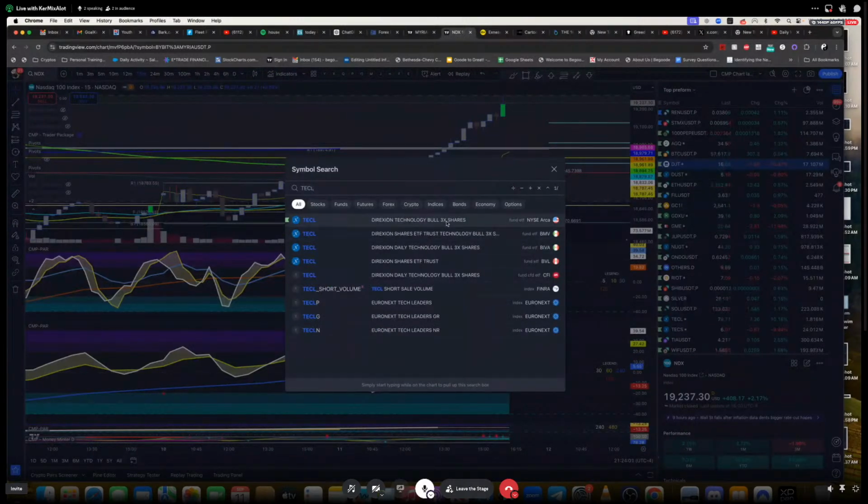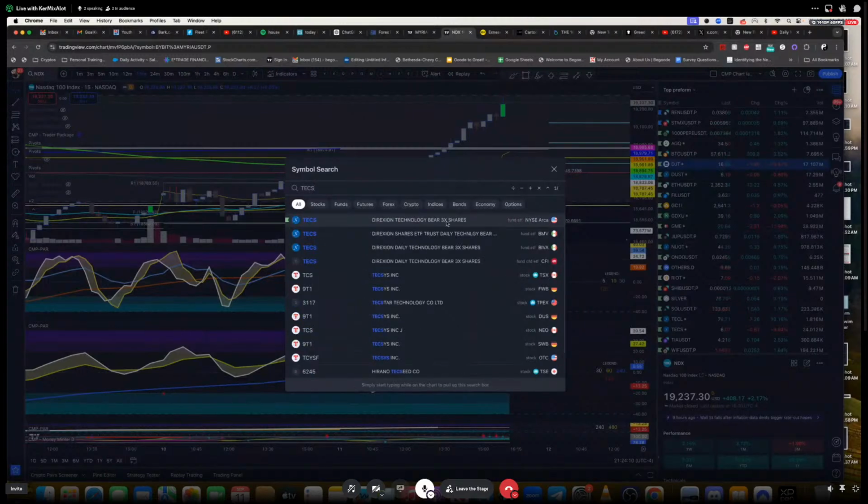If NDX is down 2%, TECS is for the short, right? That's tech, all your big tech companies, and it's 3 times, and these will be a higher beta,